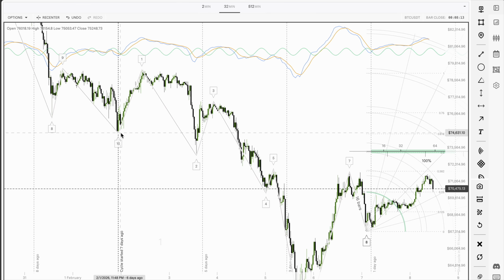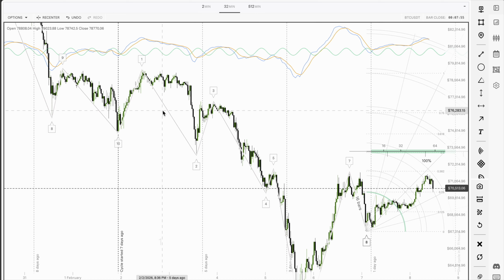Here, 10 is on the border, but remember 10 can land anywhere between here. It chose to go there. 2, this is a great example. Knowing where turns happen can help you even trade and forecast more